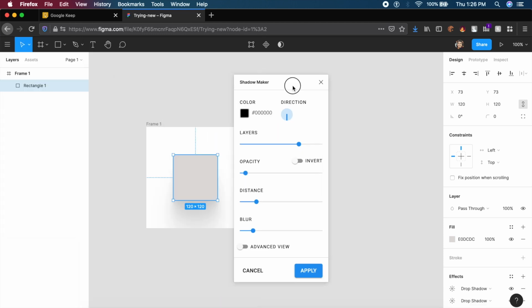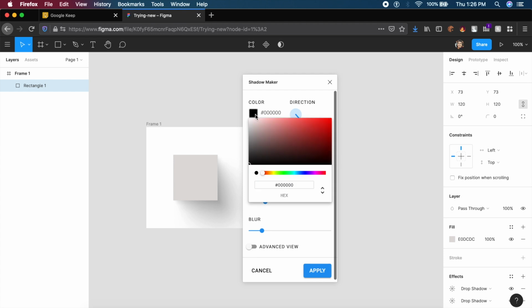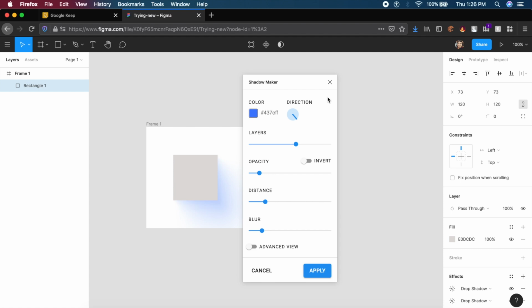Shadow Maker is one of the most impressive and easy to use shadow creation tools on Figma. As you can see, it allows you to choose the direction you want the shadow to go in, which is so smooth and works so well. Also, it allows you to increase or decrease the amount of layers you want. It also allows you to increase or decrease the opacity based on the color. I can always change the color from here to say a black to maybe a red or maybe a blue or purple. And I can always go for how much distance I want it to travel. So in this case, as you can see, it travels a lot of distance. It also has a lot of advanced options, which I really like.